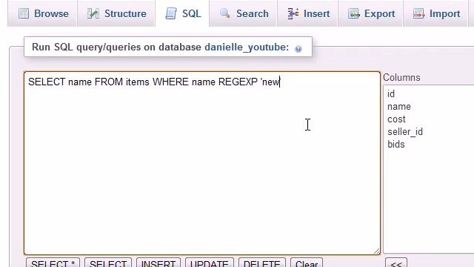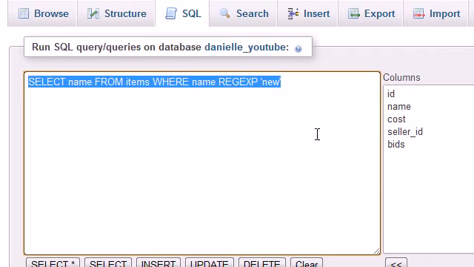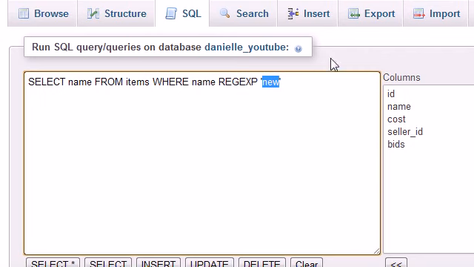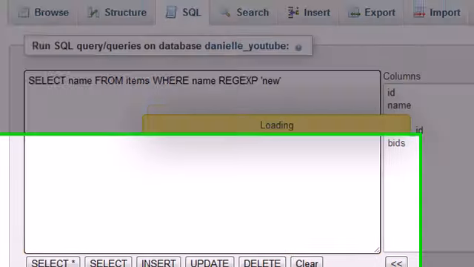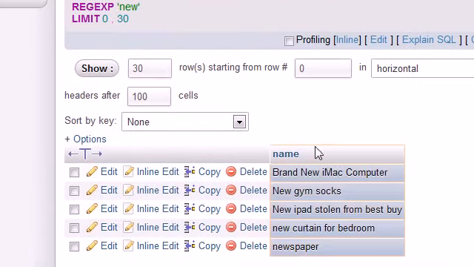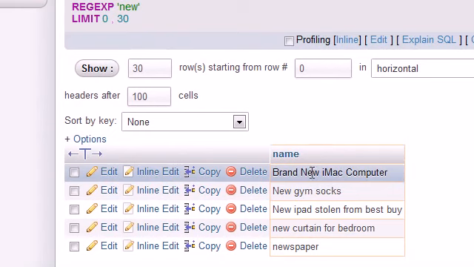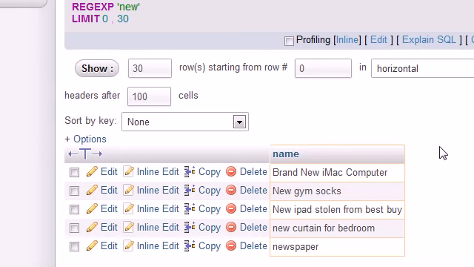For example, new. What this regular expression means, just a single word, is basically saying search for anything that contains the word new. So whenever we hit go, as you can see, it doesn't matter if it appears at the beginning, in the middle, or as part of another word. As long as it contains the word new, then there you go. Of course we can achieve this just by using LIKE and some wildcards, but this is how you incorporate